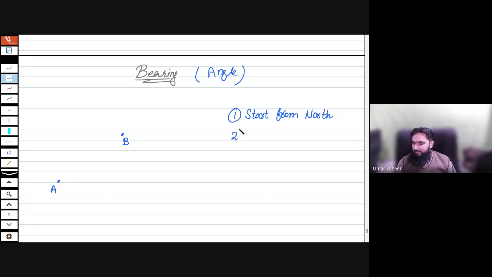The second thing is the bearing. When you measure the angle, you always measure the angle in the clockwise direction. The first thing, you have to start from the dot. The second thing, you have to measure clockwise. And the third thing, you always write the answer up to three significant figures. These three points are clear. For example,